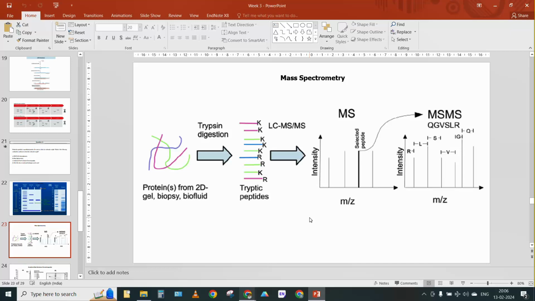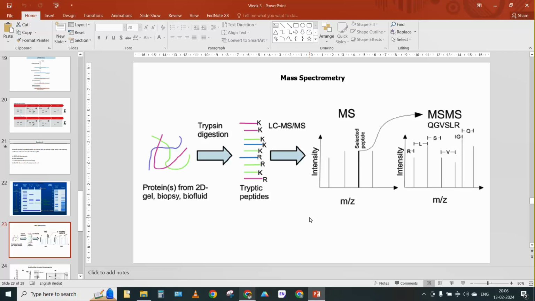It's a powerful analytical technique used to determine the mass to charge ratio of ions, which provides detailed information about the composition and structure of molecules. It is based on a principle which involves several key steps. The first is that the sample is ionized, commonly through techniques like electrospray ionization or matrix assisted laser desorption